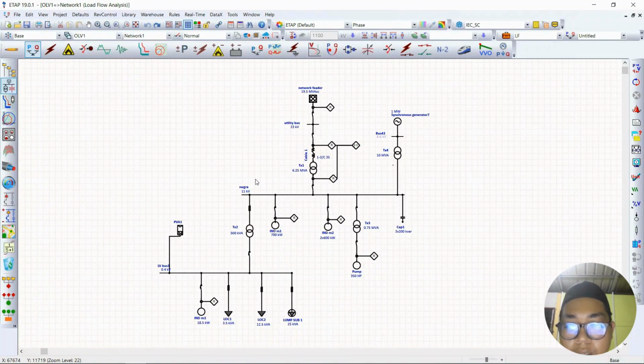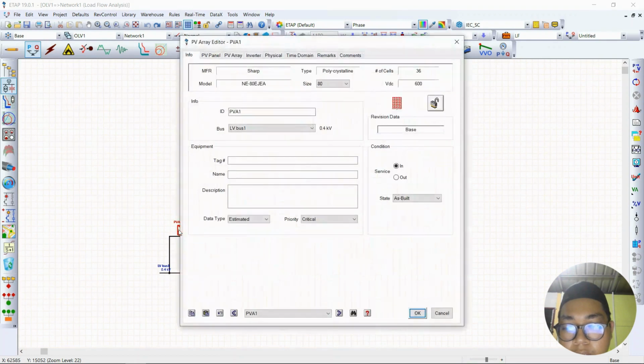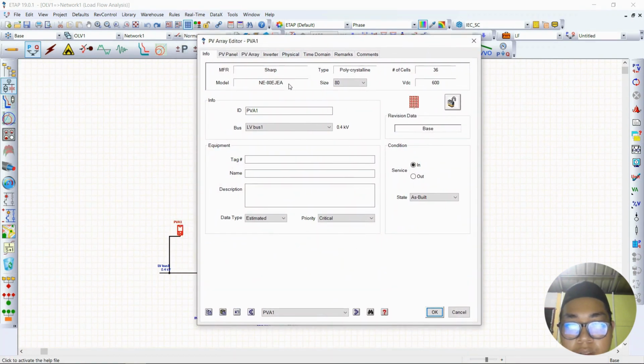AE200042, and I will proceed with the installation of the PV array. The question asks to install a PV array at the low voltage bus bar, so we will focus on the low voltage bus bar only. As instructed, the question asks to use the sub manufacturer and the model number